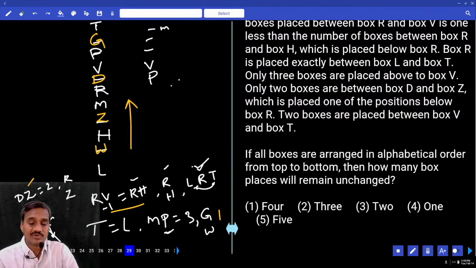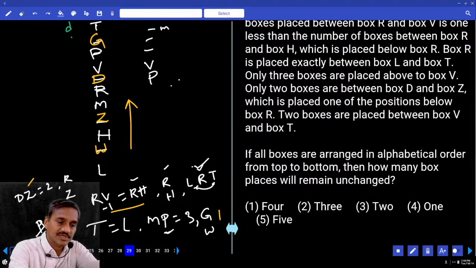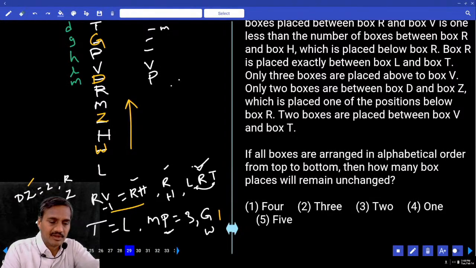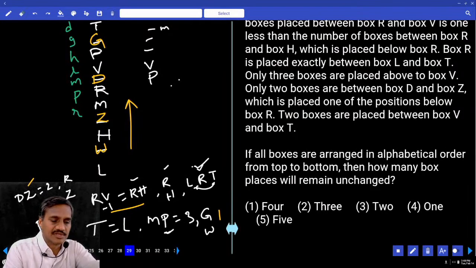దెన్ హౌ మెనీ బాక్సెస్ విల్ రిమైన్ అన్చేంజ్డ్. మనం చెప్పండి హౌ మెనీ రిమైన్ అన్చేంజ్డ్ హియర్? టాప్ టు బాటమ్. టాప్ టు బాటమ్ అంటే ఎక్కడి నుంచి స్టార్ట్ చేయాలి చెప్పండి? D, tell me the boxes here, D, G, H, L, M, P, next one R, the next one T, V,